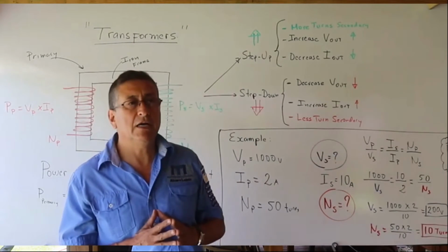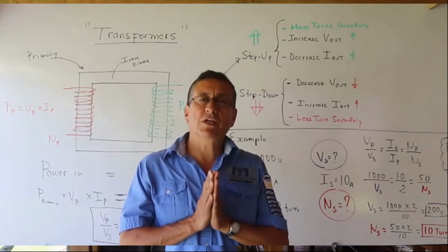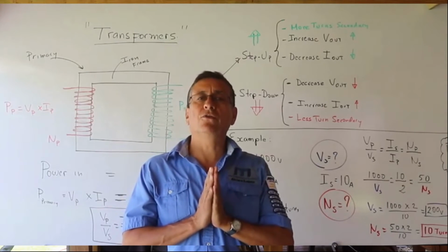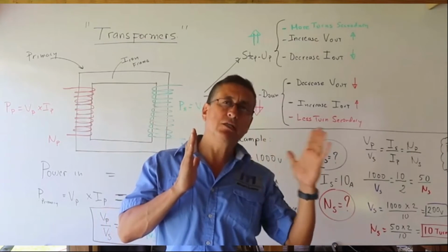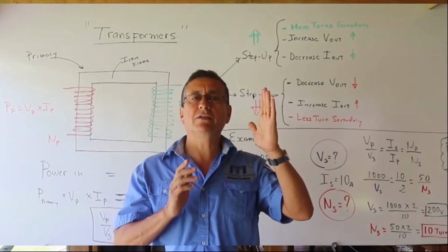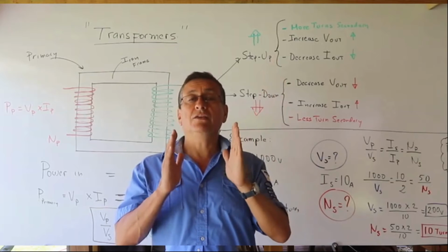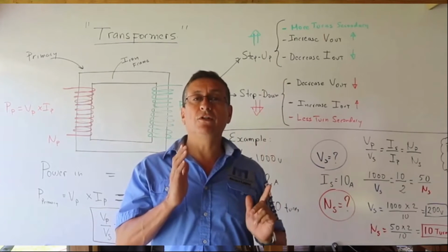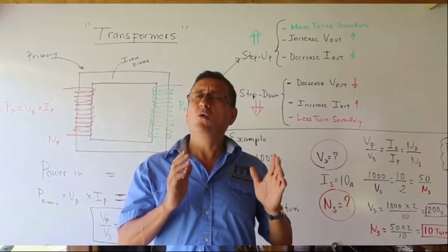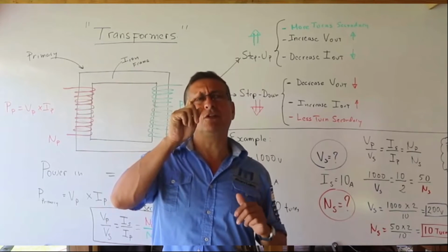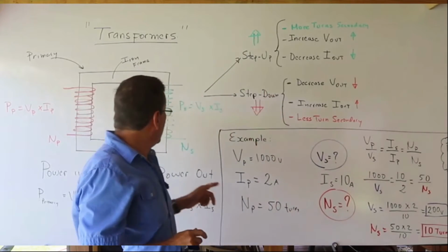Remember, there are 3 types of transformers. Isolator transformers are used only to clean the signal. Step-up transformers increase the voltage, but the intensity decreases. And step-down transformers decrease the voltage but the intensity increases. Why does the intensity increase when the voltage decreases, or vice versa? Because